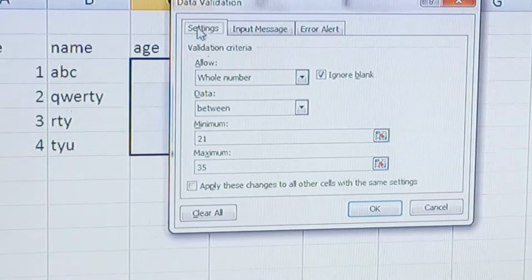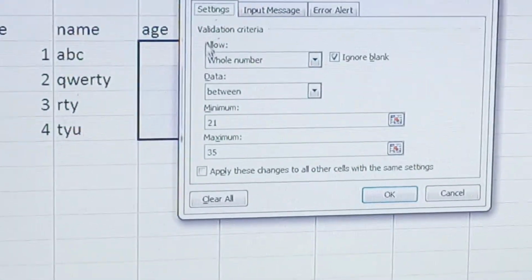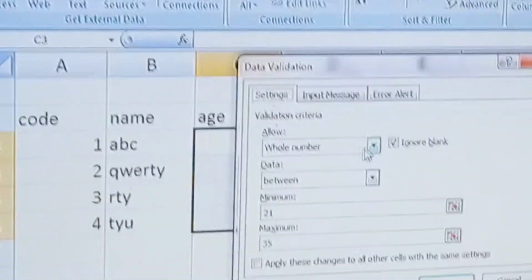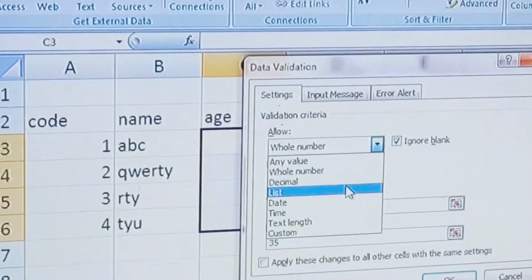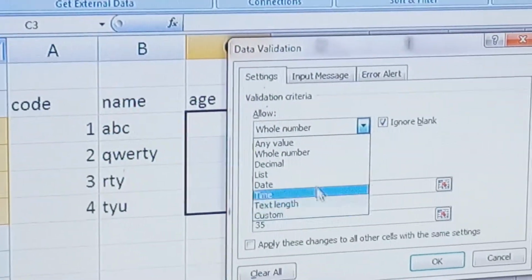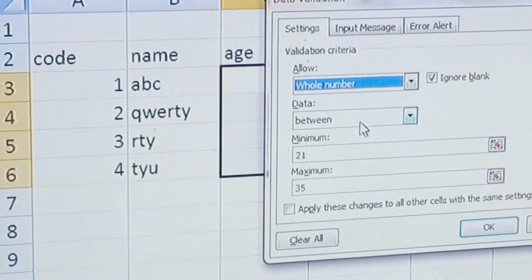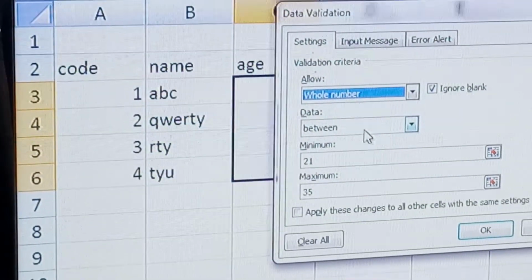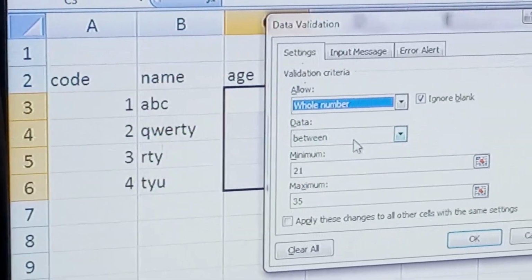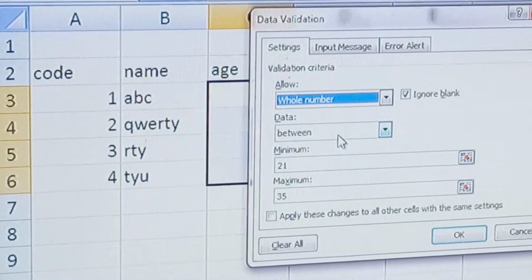Now the first pane is settings. Here the criteria is Allow. You can select whole number, decimal, list, date, time, etc. Suppose I select whole number. What is the condition for accepting the age? It is in between 21 to 35.